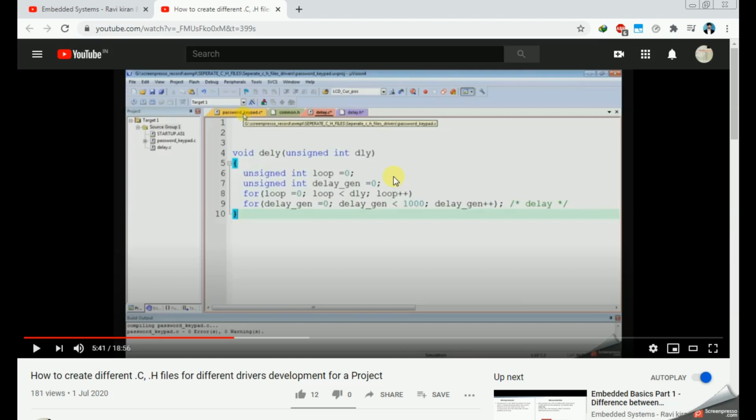If I need a 10 millisecond delay, using for loops we can't get an exact 10 millisecond delay or timing. This is only possible using the timers concept. So we can generate an exact 10 millisecond delay using timers.